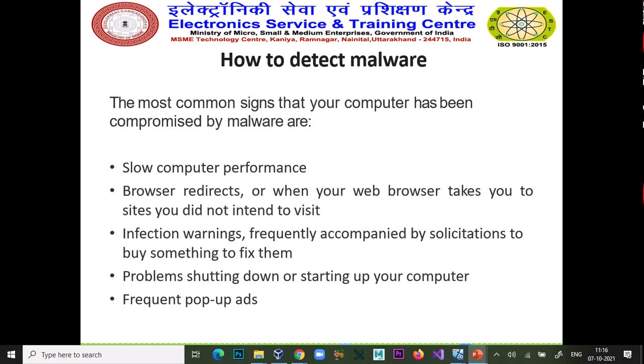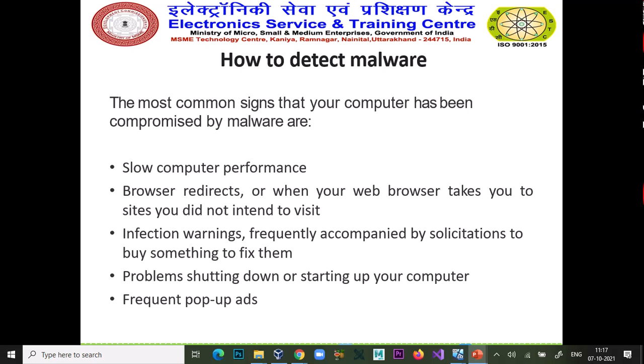It is definitely a malware attack on your system. If you open a browser and it redirects you to any website, it means your system is compromised.